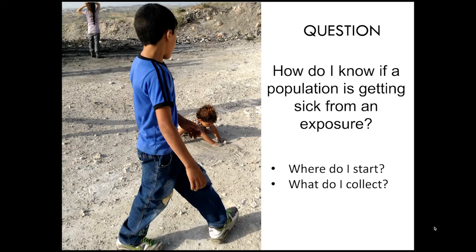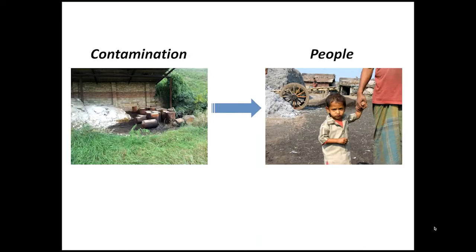And in our activities, we usually go in this direction. Contamination, we search for it, and then we look for exposed individuals. We generally do not go in this direction, meaning looking for people who are sick and tracking the contamination. Interesting concept. Let's find people who have a similar disease, and maybe they're all living next to a contaminated site. People do it, but generally our approach has been the other way around.